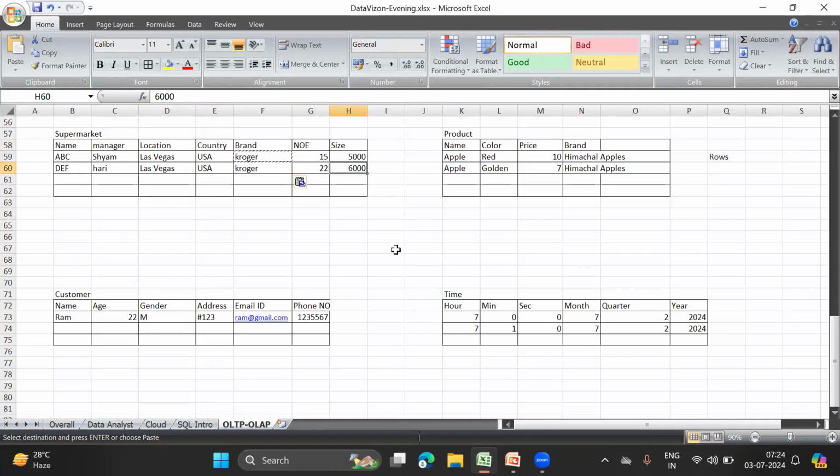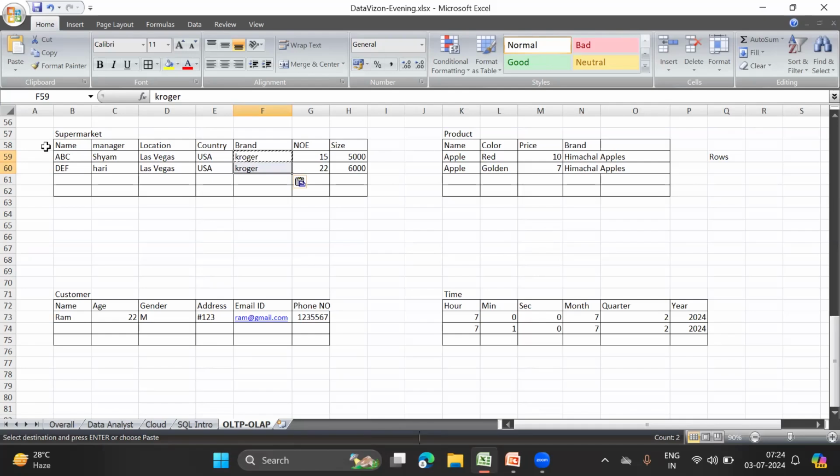So it is very difficult for me to identify a supermarket uniquely. If I talk about the Kroger brand, I am standing in this specific area in Las Vegas, and I am asking where is the Kroger supermarket. Then that person will ask me which Kroger supermarket you are talking about. Are you talking about the ABC supermarket, or the DEF supermarket?